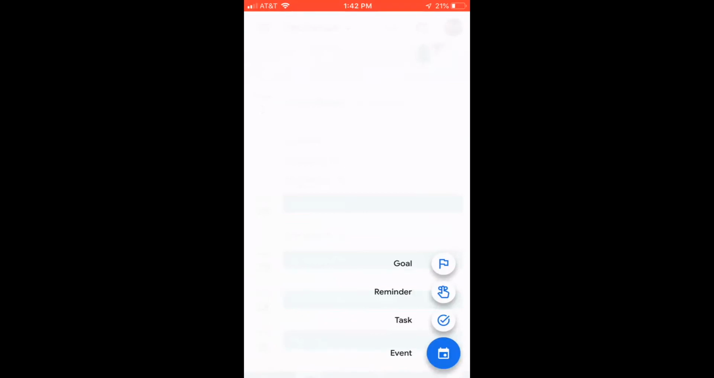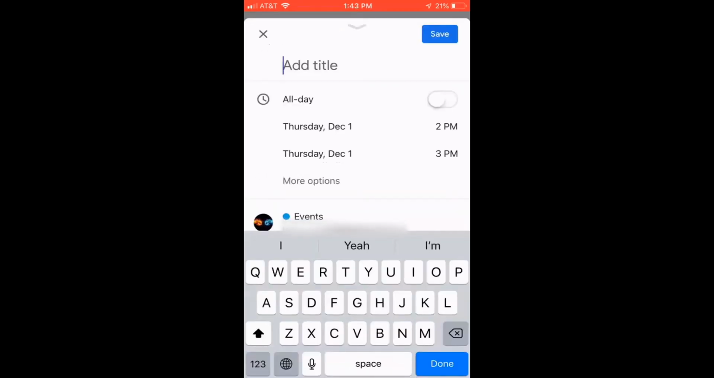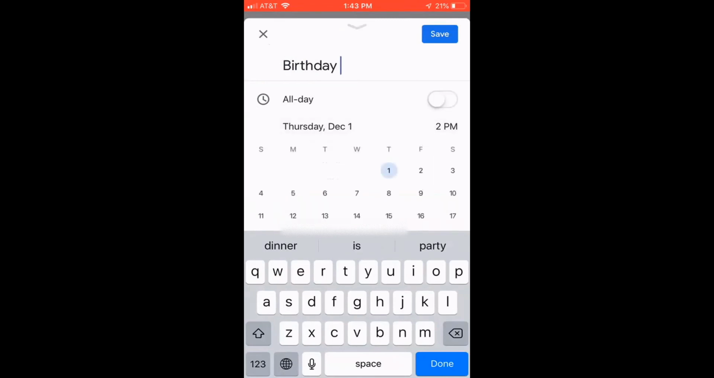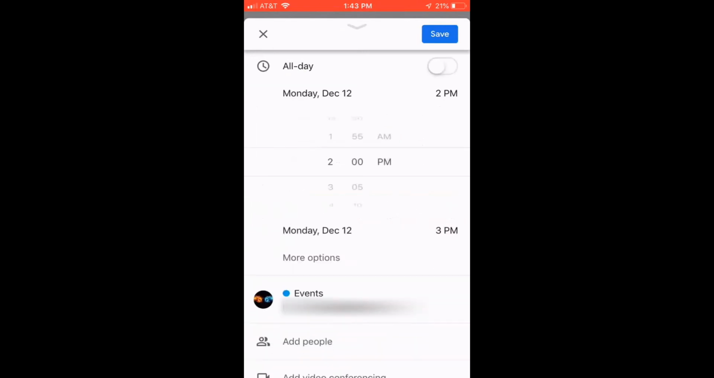So for example, in this case, if I want to make an event for my birthday, first it prompts me to add a title. So I'm just gonna type birthday, and then you can select whether it's all day or not. For this case, I'm not gonna select all day. And let's say I want to set a certain day, so I would just hit the date, and I can just change the date to whatever I want to. So in this case, I want it to be this Monday, December 12th,